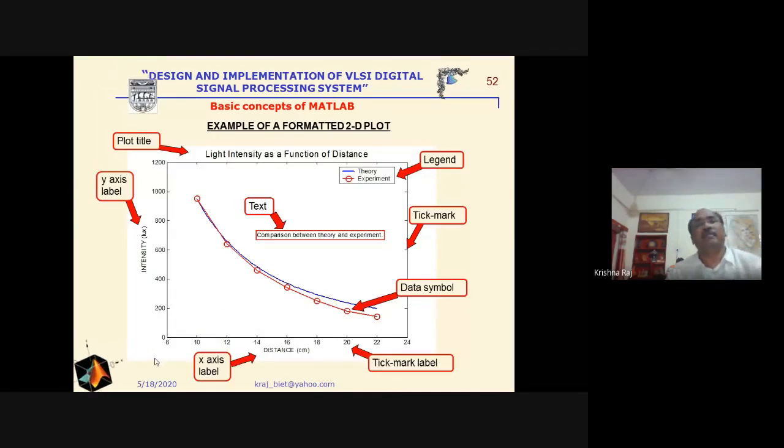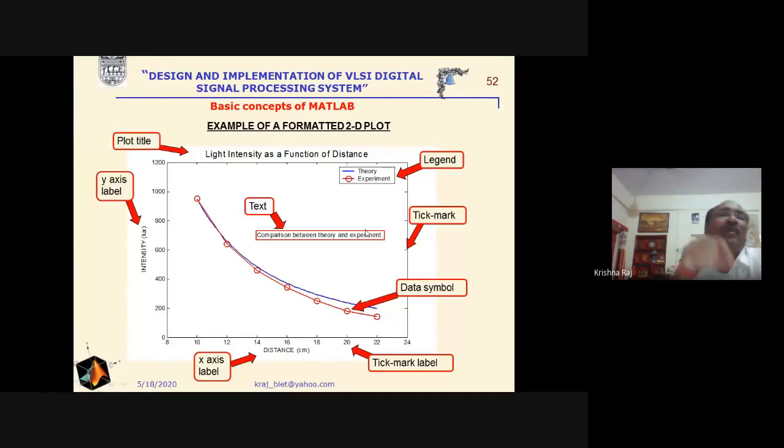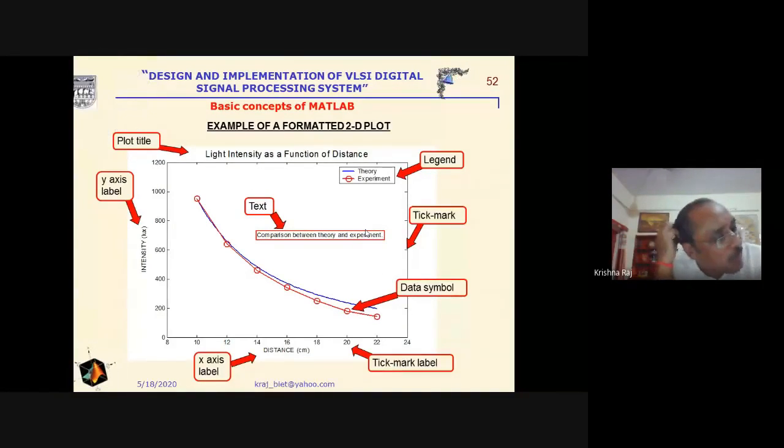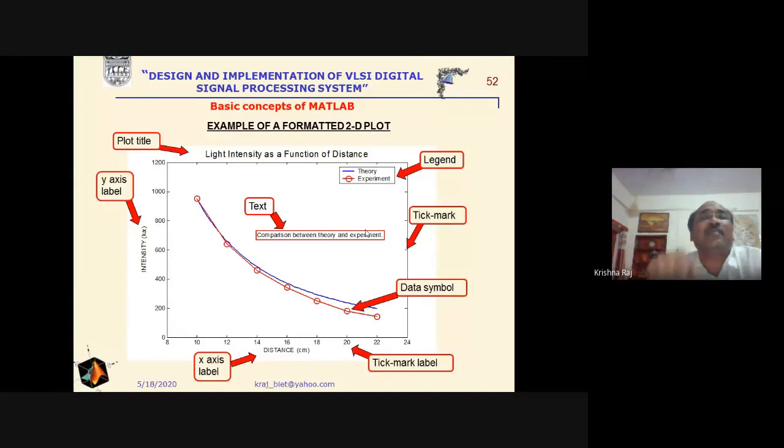Now editing can be done by double clicking on a particular mark or line. Suppose we are interested in writing something on the x-axis, then by double clicking we can edit this. Similarly for y, and similarly we can edit the line. This one is the title, or any text when written, may also be a part of the program. So it is advisable that during the writing of the program, we should consider it as a part of the program, so that when we apply profiling and enhancement of the coding, all the codes may be modified accordingly.